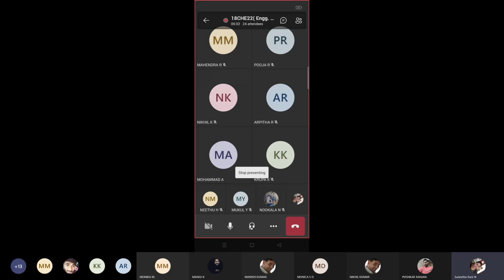Yes, screen is visible. I'll start with the fifth module now. COD numericals I'll give you in the assignment, 1 or 2 assignments. Today I'll post the assignment in the group. You can write the assignment, take your time, and submit before IA. IA will be on 15th. So on 13th or 14th I'll give you a time, and you can submit together. Fine. I'll start with the fifth module.